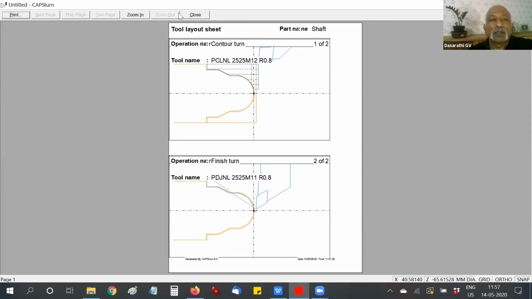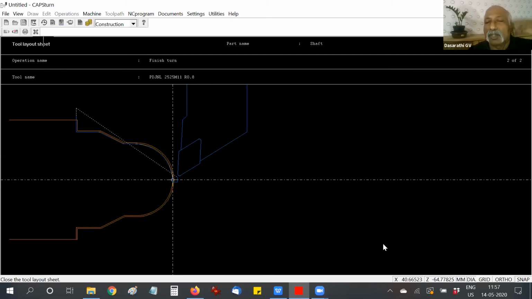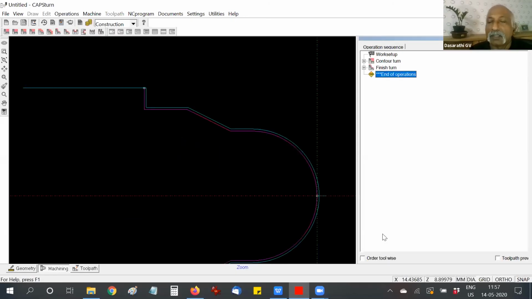So the advantage of doing all these is that your communication with the shop, with the operator, is clearer. He knows exactly what is to be done. A lot of times, let's say we write the tools list on the back of a bus ticket and give it to the operator. Yeah, do this, and then you push off. You're in the general shift, right? And then the operator doesn't know what you've written, he's reading it as something else, and he's doing something else. So all these communication problems won't be there with this automatic generation of the documents.